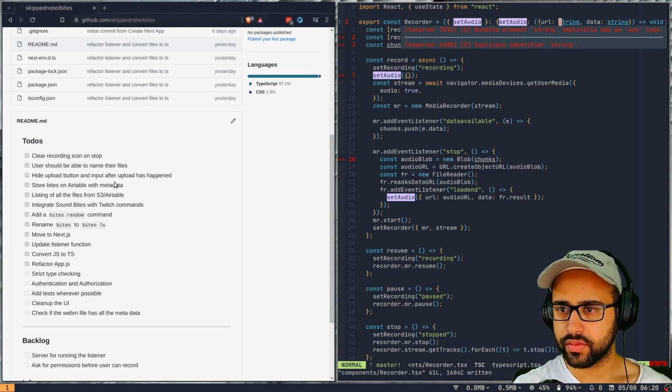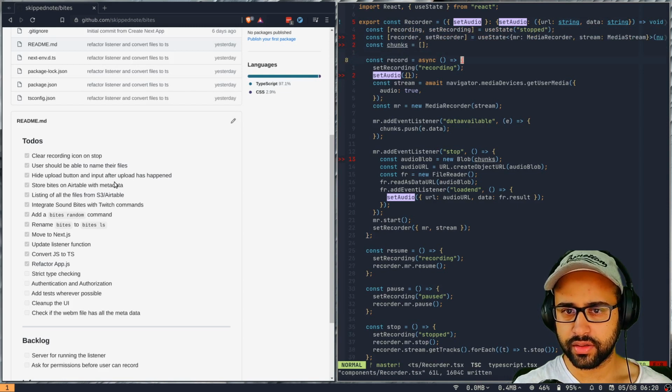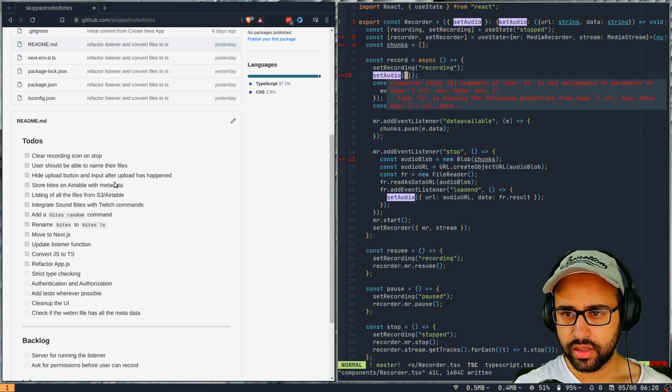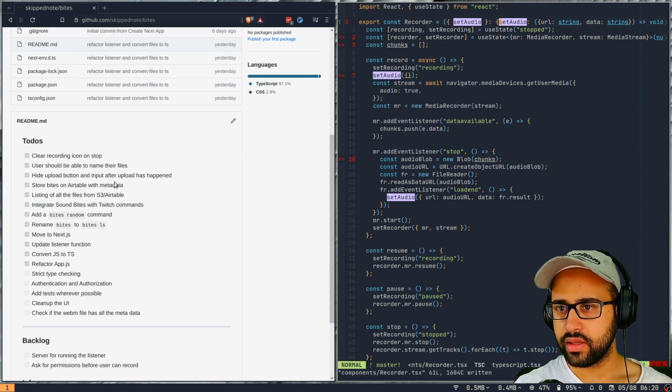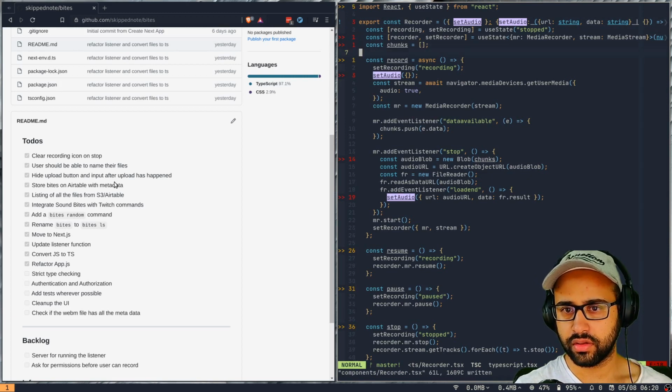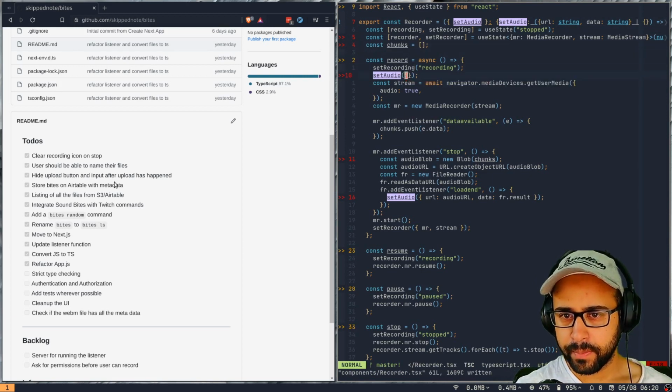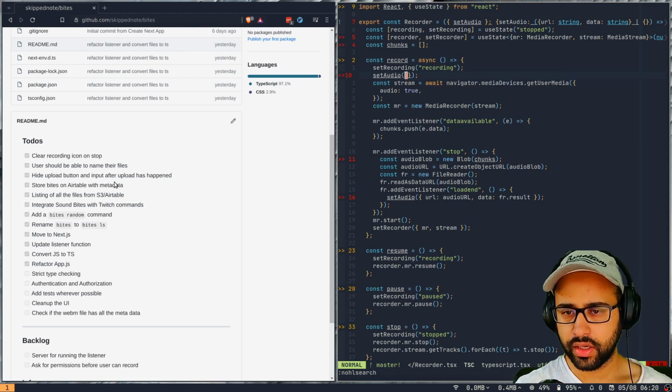Binding, okay, let's see this one first. Binding element string implicitly has any type. Okay, let me address. I think there's this case as well. Argument of type is not assignable to. Okay, so yeah, because it could be either this object or nothing, right? So it could be this or something like this. Although this doesn't seem happy. Cannot find name of set audio. Okay, that is weird.